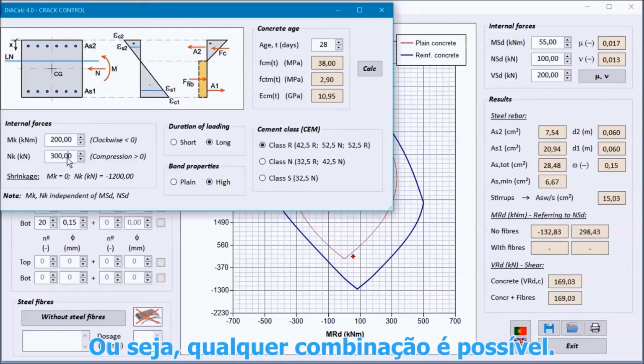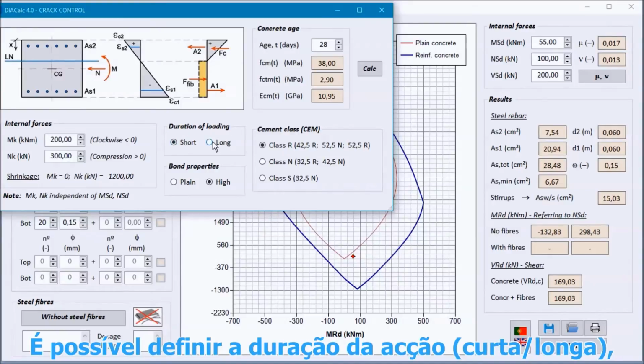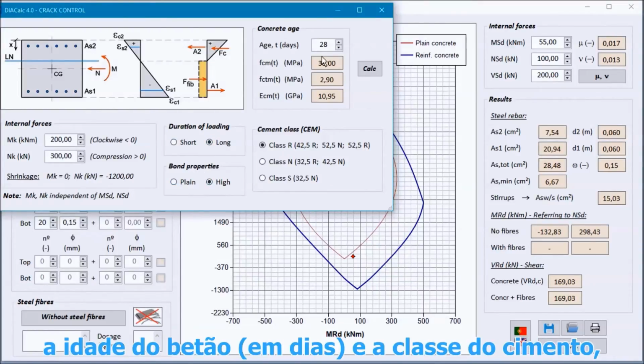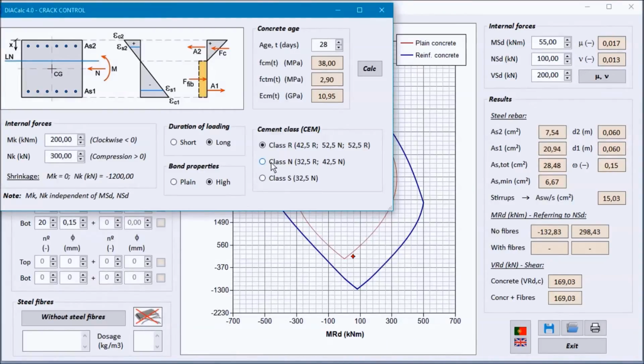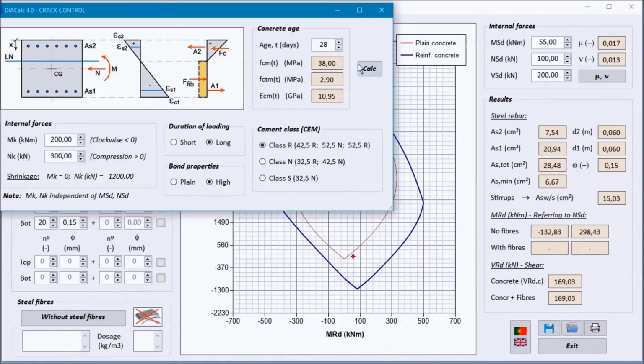So any combination is possible. It's also possible to define the duration of loading, short or long, the bond properties, plain or high, the concrete age in days, and the cement class according to your code 2. So let's calculate,